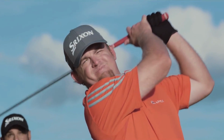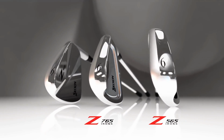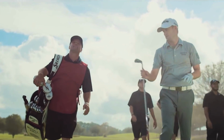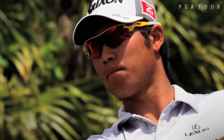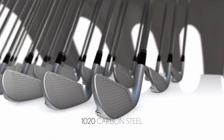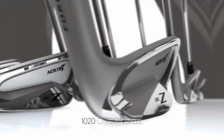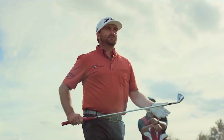something for everyone. Take Srixon's new offerings, the Z565, 765, and 965 irons. All three share a soft, forged body material for feel, but while the 9 series is comprised of blades and designed for someone like Hideki Matsuyama, the 5 series features cavity back clubs and a high-strength steel face with more forgiveness and distance. Naturally, the 765s fall somewhere in the middle, aimed at the good player seeking some help and